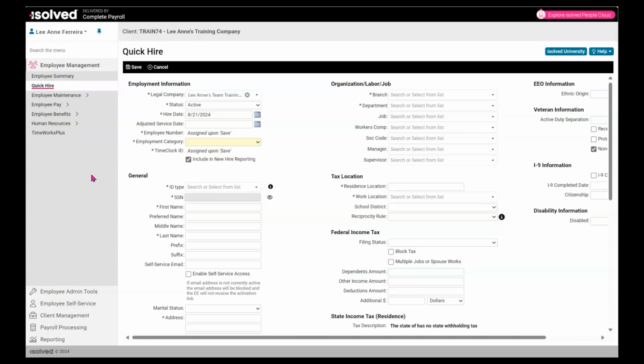Starting at the top of the first column, your legal company name will be displayed. If you have more than one company, click the drop-down menu to select the appropriate company for this employee. The status will default to active, however, you can also select inactive or terminated from the drop-down. The hire date always defaults to the current date, but you can adjust it to a previous or future date